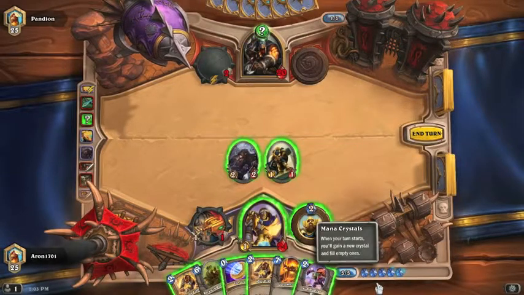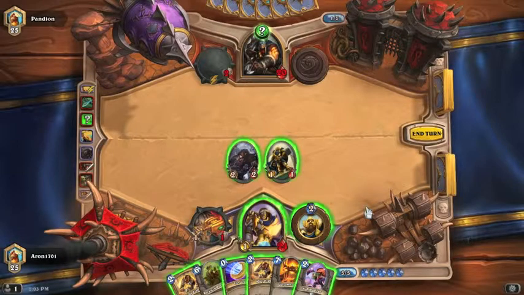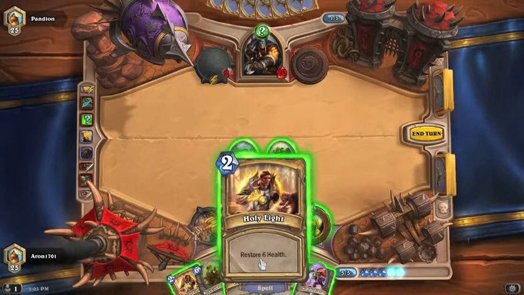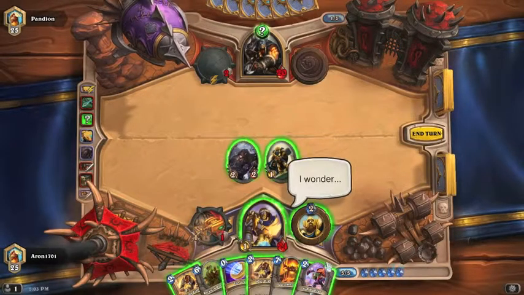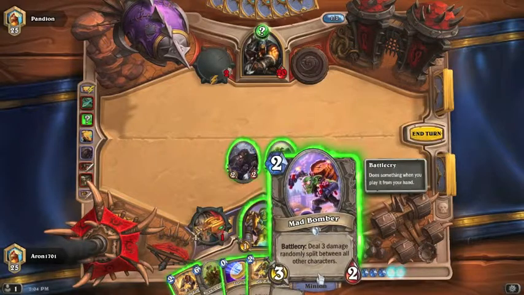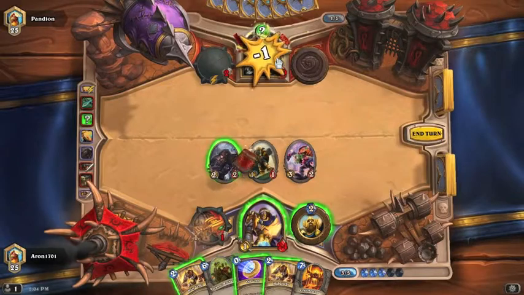Okay, I've got 5 mana now. And I want to find a way to spend my mana frugally. Well, I could restore 6 hit points. I've lost that many now. I'd like to put this guy down. Deal 3 damage, randomly split between all other characters. That'll work. That will actually do all 3 damage directly to him because they're...